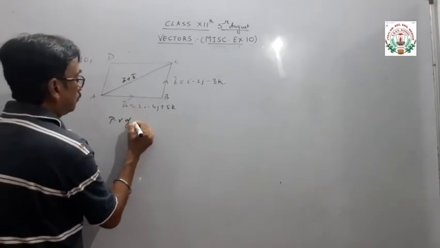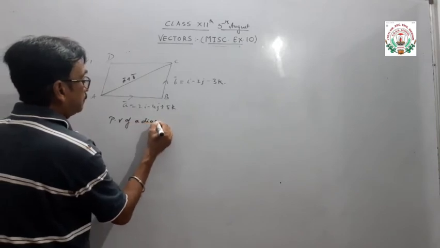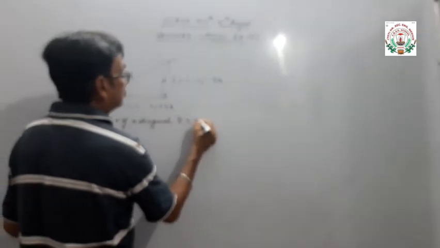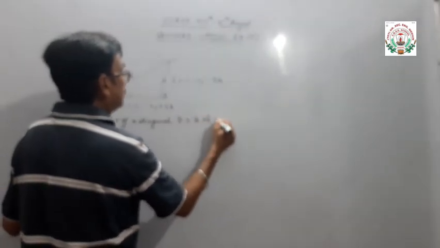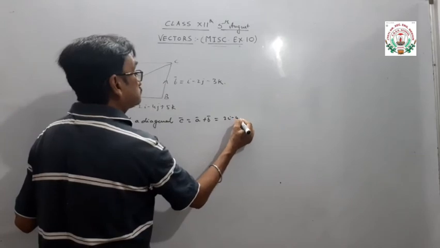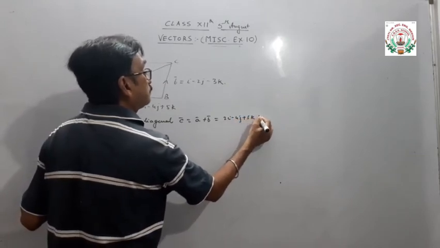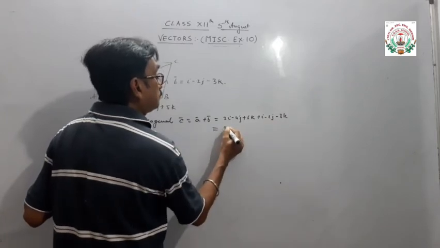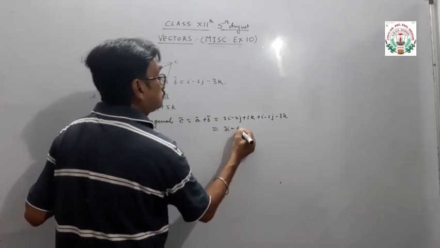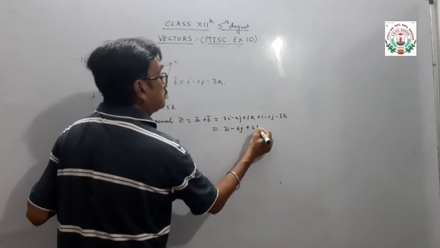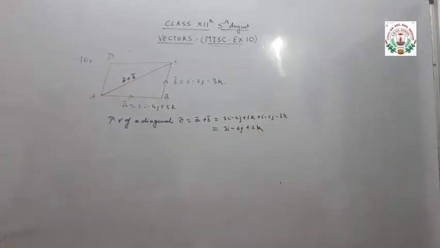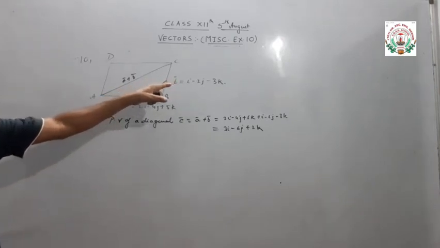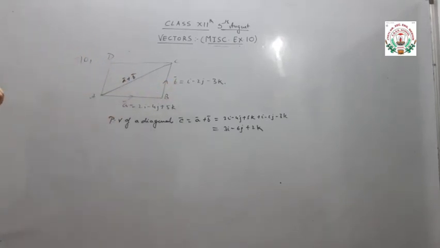the position vector of a diagonal, that will be C vector equals to A vector plus B vector. So 2i minus 4j plus 5k plus i minus 2j minus 3k: 2i plus i, 3i; minus 4j minus 2j, minus 6j; 5k minus 3k, 2k. So 3i minus 6j plus 2k is the diagonal vector, and we have to find out a unit vector